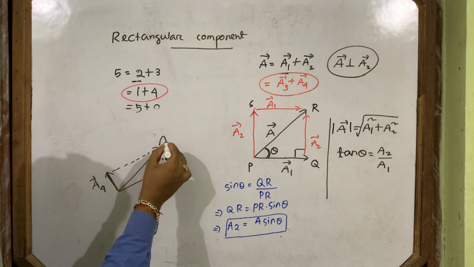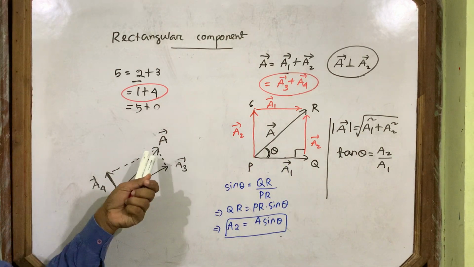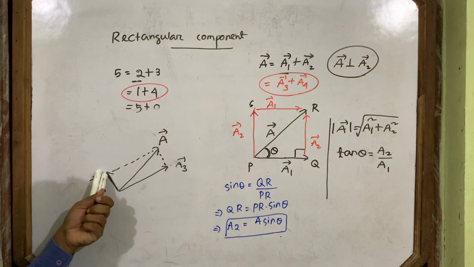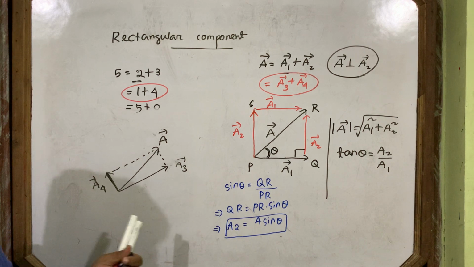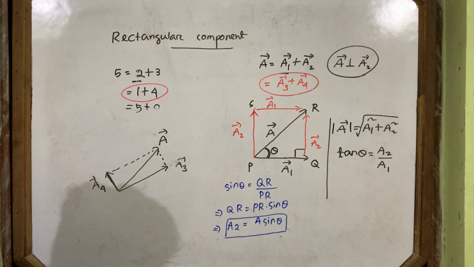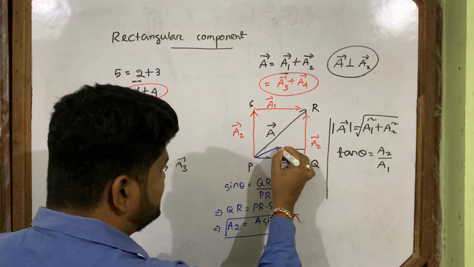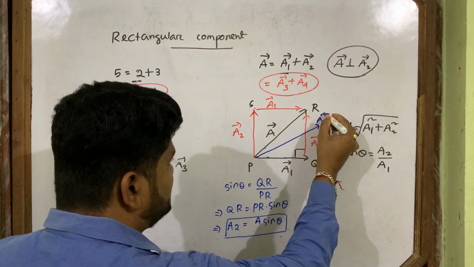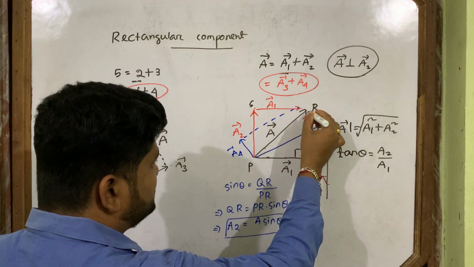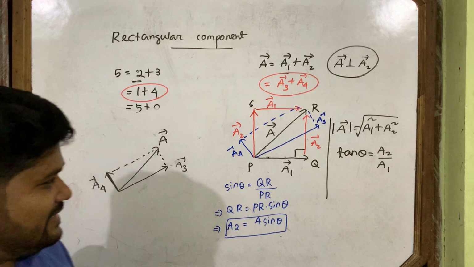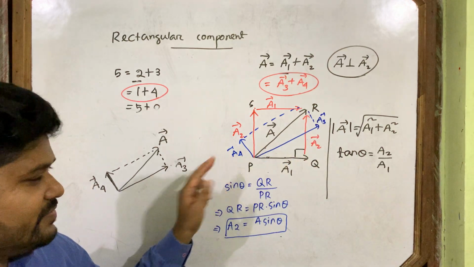But this is the same A vector. Vector A divided into two components like A1, A2, the same vector A can also be divided into two components like A3 and A4. We can also divide it like this. You draw the same figure here. This is A3, suppose, then this is A4. They form a rectangle. So vector A divides into two components: one pair A1, A2, another pair A3, A4.